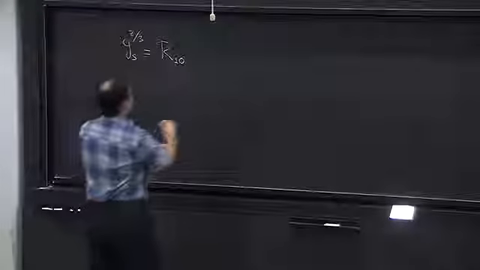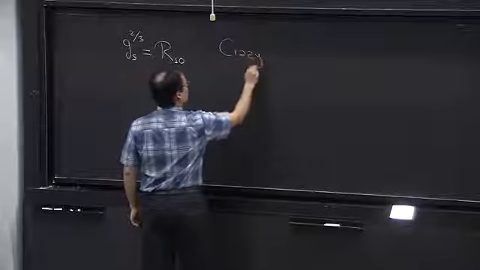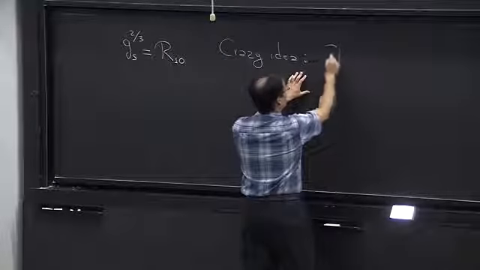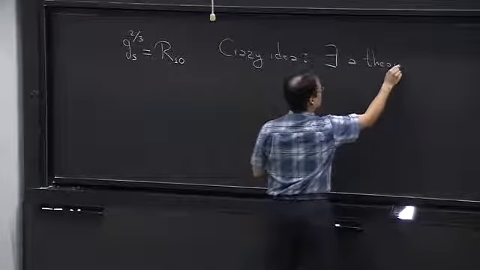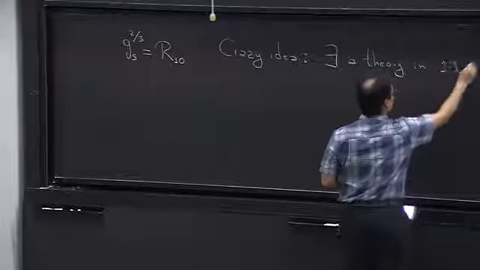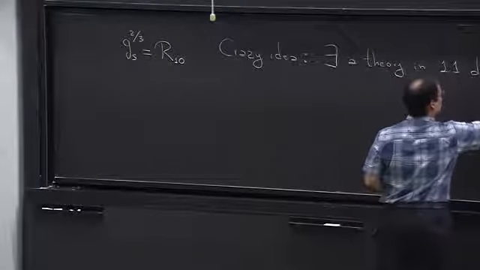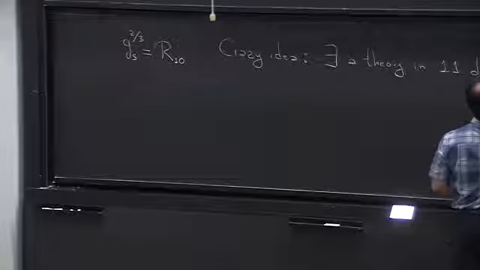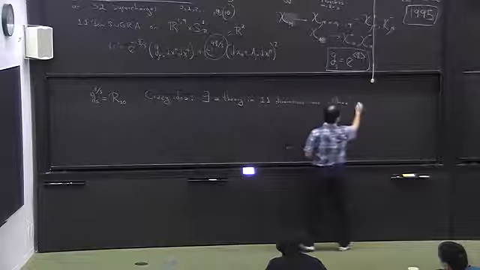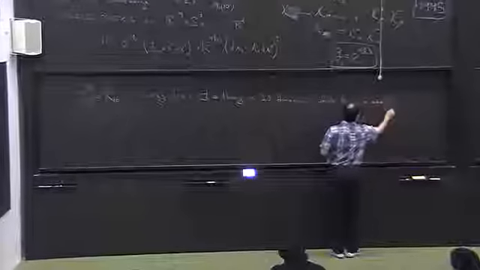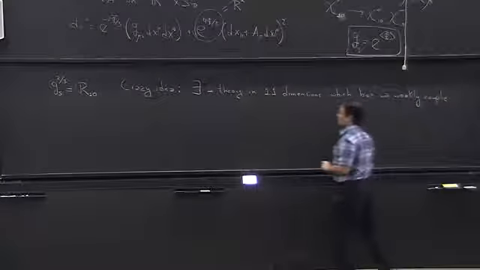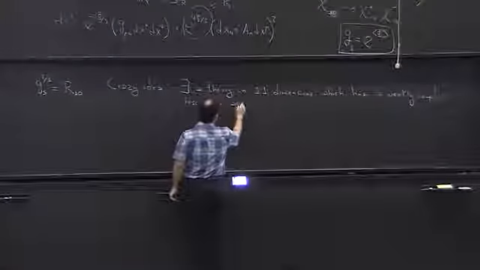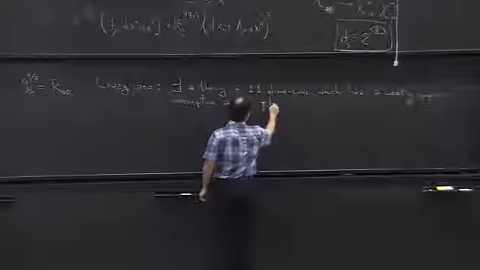Well, so the crazy suggestion is that there exists a theory in 11 dimensions which has a weakly coupled description around flat spacetime